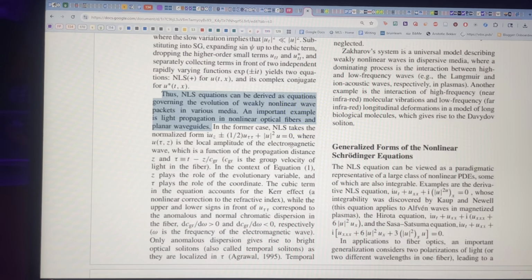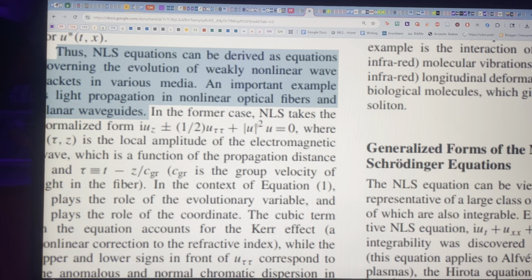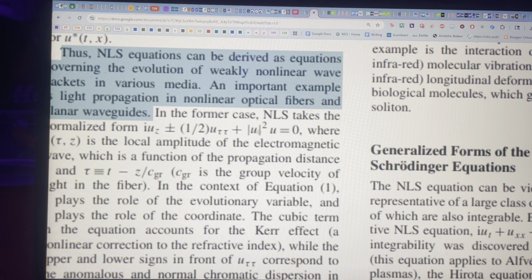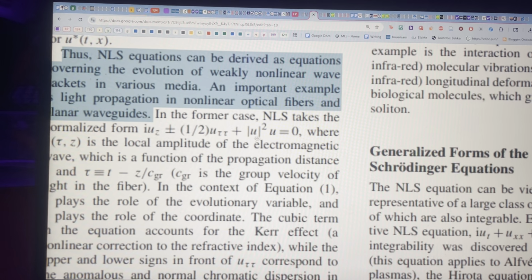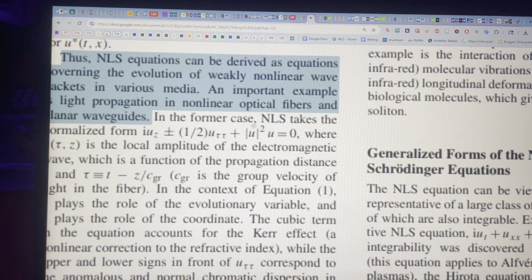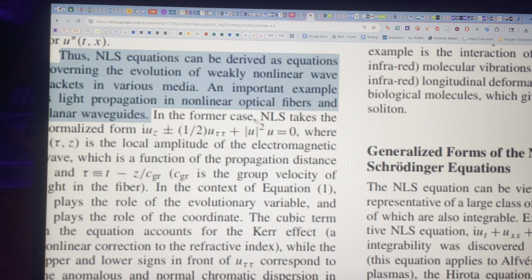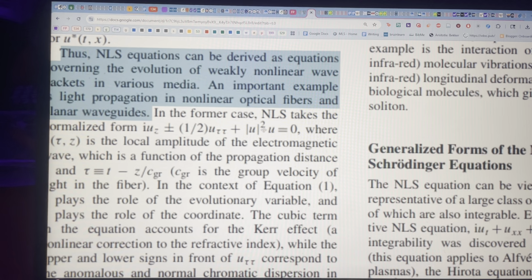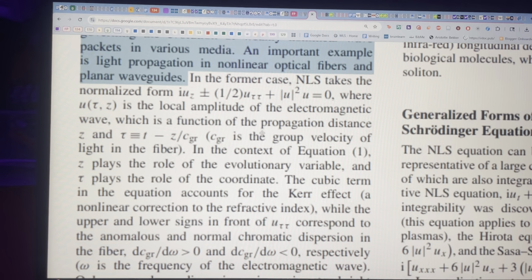Some intuition that I tried to gather is that this corresponds to the intensity, if people have studied electromagnetism, and this is a nonlinear focusing term. I think it's the Kerr effect here. It says that here: the cubic term accounts for the Kerr effect,